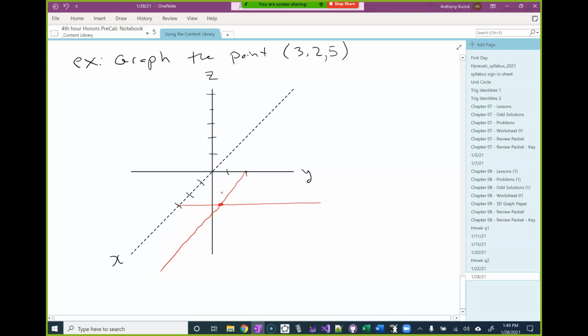I'm going to note where they intersect. And basically observe that this is really a square,